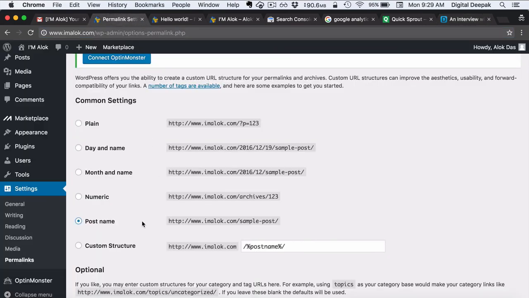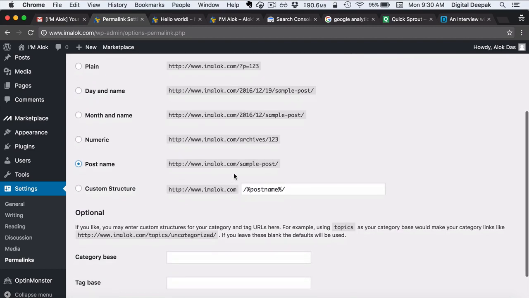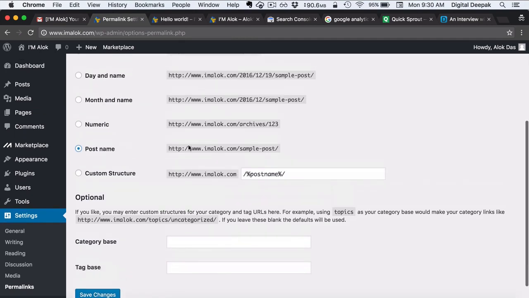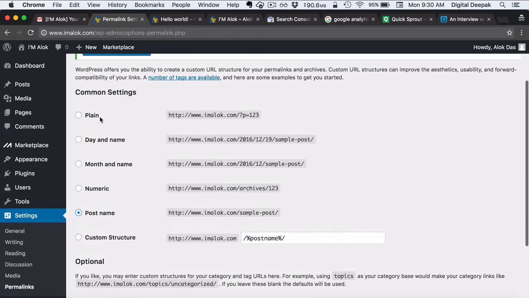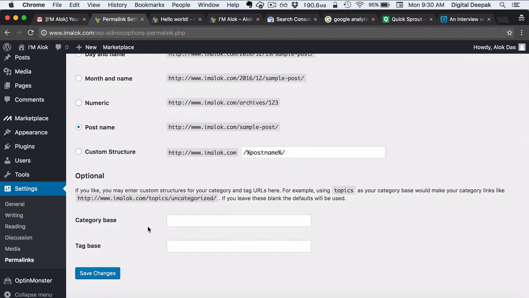So that's why I recommend post name as the URL structure, and while publishing a post you can edit this URL as well, and you will not have days or month name or anything like that in the URL. Sometimes the default one usually will be the plain structure with the post number. I do not recommend that for SEO purposes. Click on save changes.